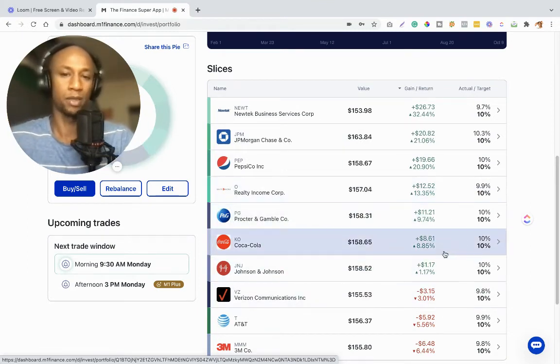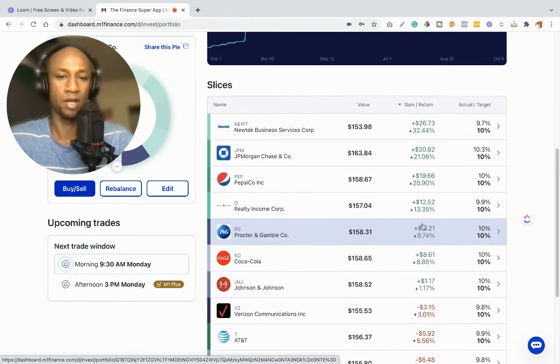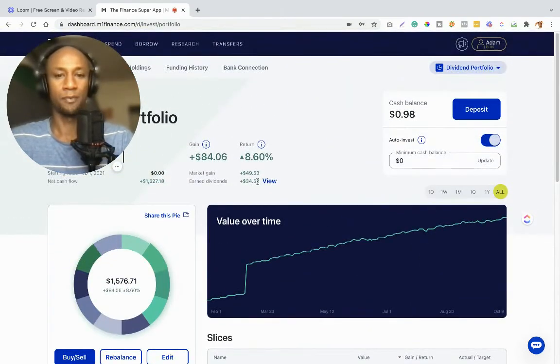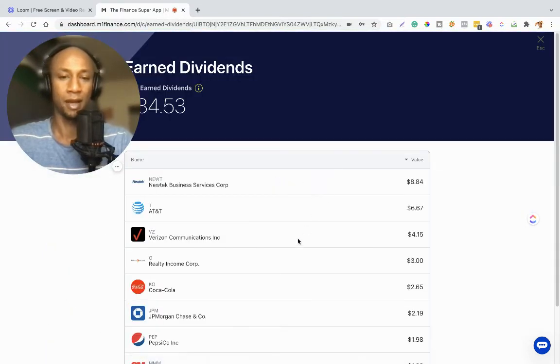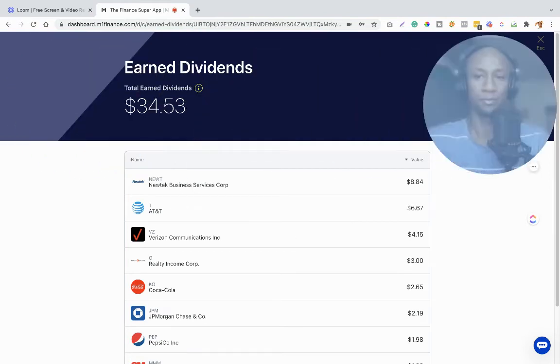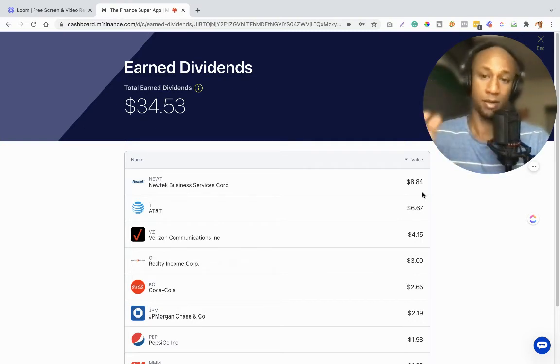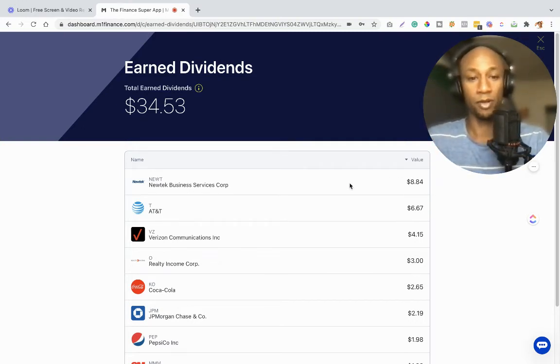Like, yeah, we want the company to grow, we want the stock price to go higher and higher, but the element that's really going to be a game changer for us with this type of portfolio is our earned dividends. And so when we look at our earned dividends, we can see Newt has given us $8.84, the most compared to everyone else. Then followed up, number 2 we have is AT&T with a